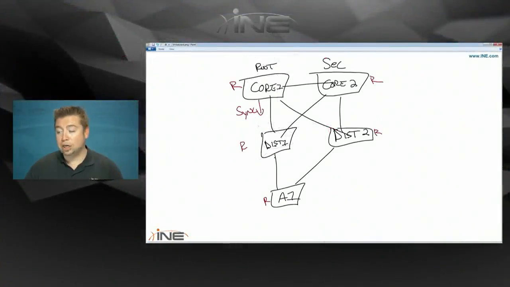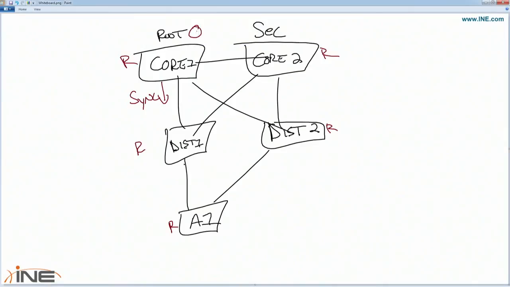When the actual root switch, let's say it's the one on the upper left that we configured as priority 0, as soon as distribution switch 1 realizes this, it says, okay, I'm no longer the root. This becomes my root port. These other interfaces are facing away from the root port. These are potentially my designated ports. I'm going to send them into the blocking state, but at the same time, I'm going to continue to send